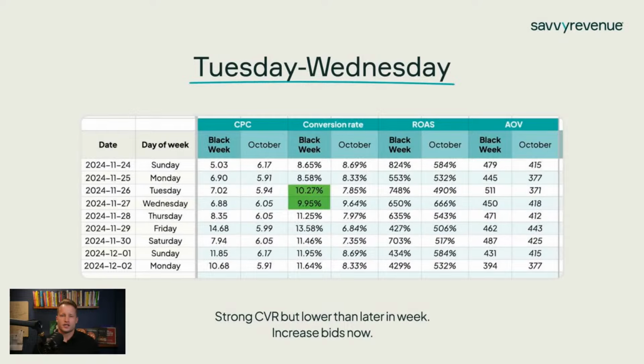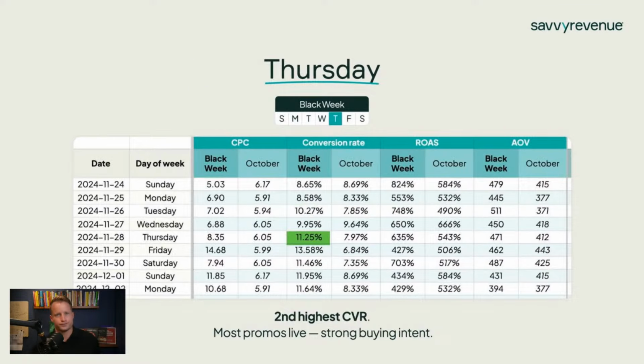And then from this client's perspective, Tuesday and Wednesday is where the ROAS starts going up. It's lower, but conversion rates start going up. It's strong now, but it gets better later in the week, though I started increasing bids here. This is also where we go from 5 krona bid to 777, and where ROAS wasn't strong enough to begin with, it is now. It's actually too strong in some of the cases.